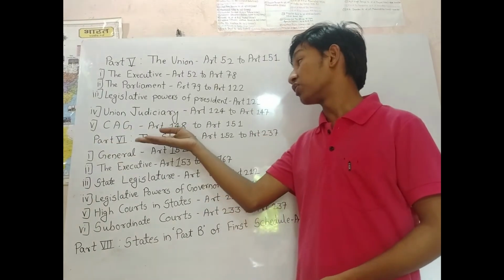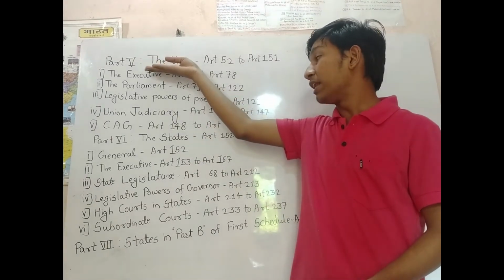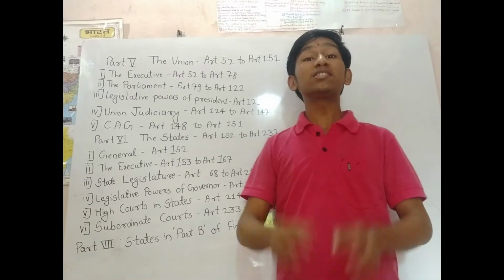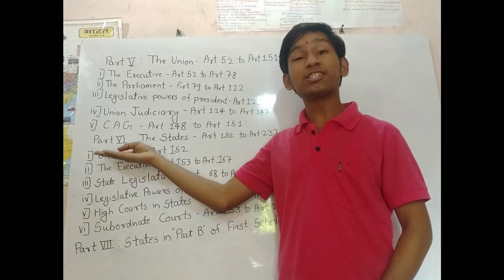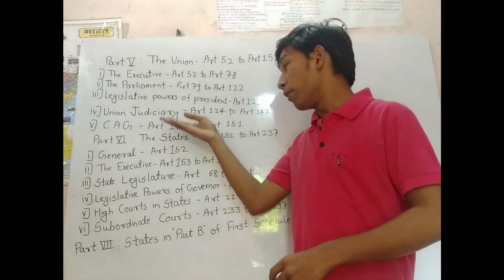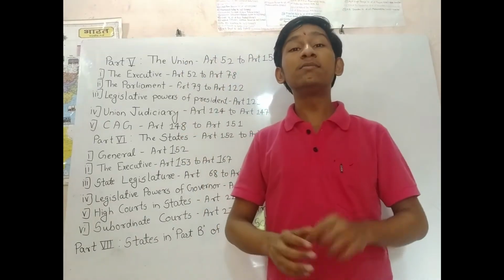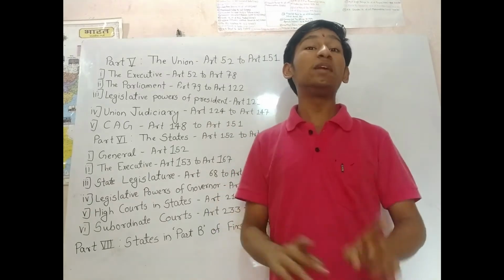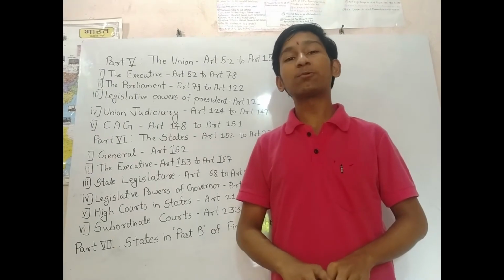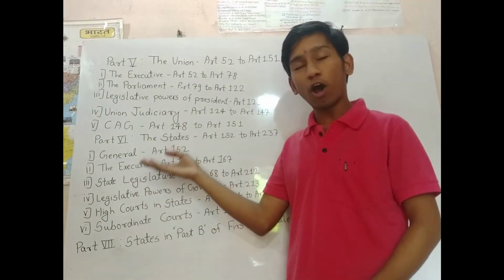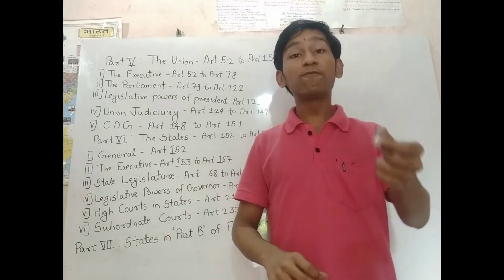Next is Part 6, the States, lying from Article 152 to Article 237. Actually, the Union and the States, these two parts you can study comparatively, except Article 152, which is under the chapter General. It states that everywhere in Part 6 of the Indian Constitution where the word states is mentioned, the word states does not mean the state of Jammu Kashmir, because it has a separate constitution, and that's why all the provisions in this Part 6 cannot be enforced in the state of